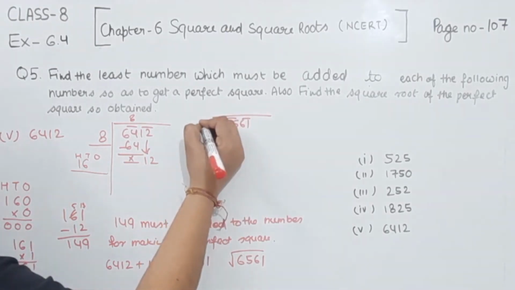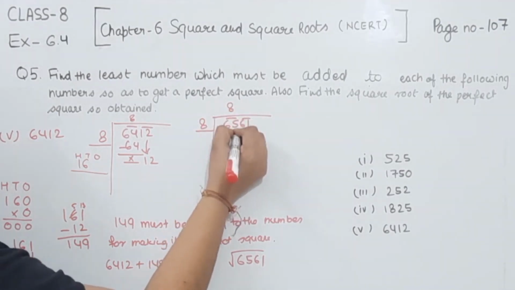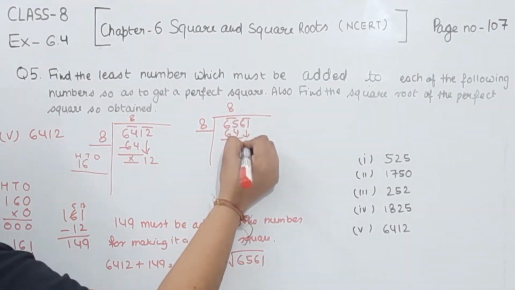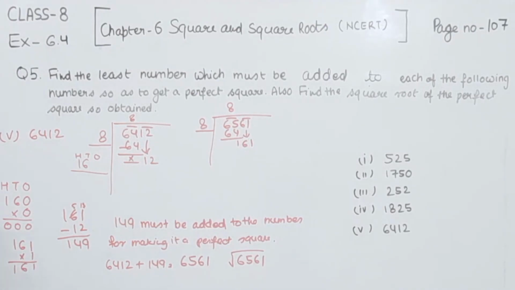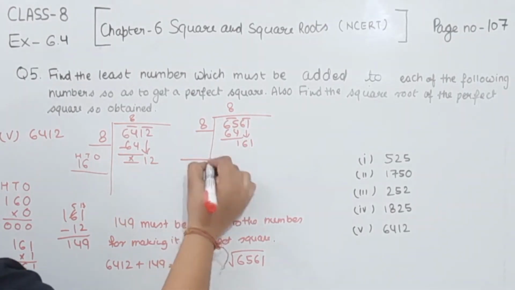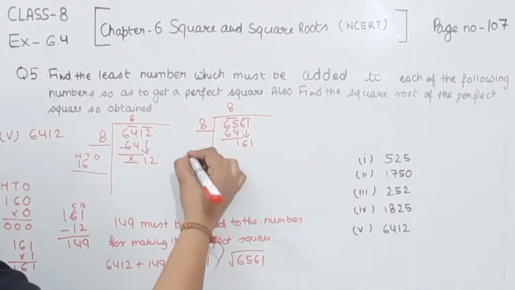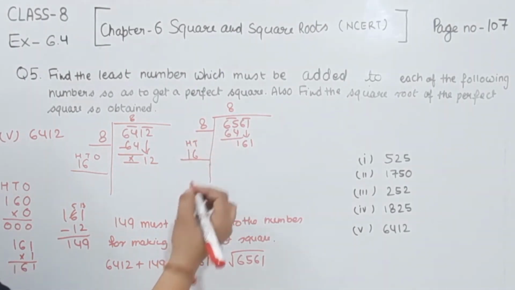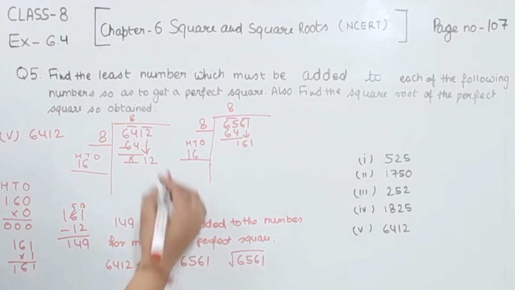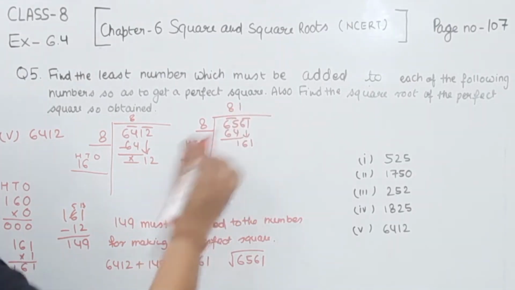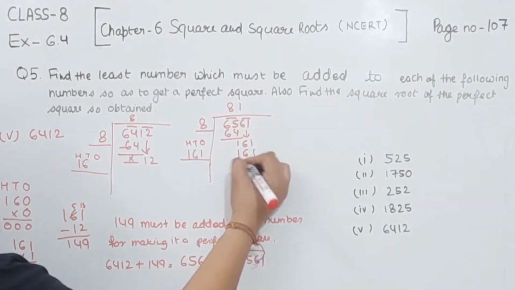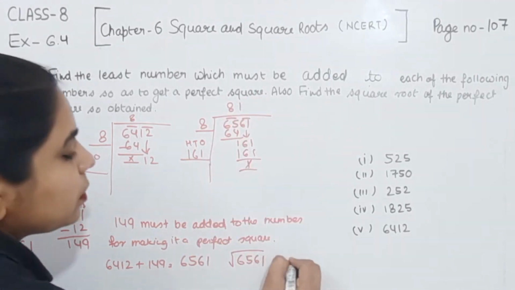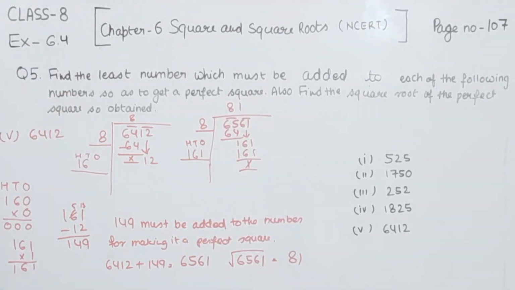Now I am going to write here 8 8s are 64. One remainder we are having. Then we are going to take the pair downwards. Then we are having 161. Now we are going to double this one. 8 2s are 16. This is the 100. This is the tens place. We have to find the ones place here. So I am going to take 1. Then 161 ones are 161 we are having. So the number we are having is 81. This is the part 5. With this one we have completed the question number 5. In the next video we are going to start with the question number 6.